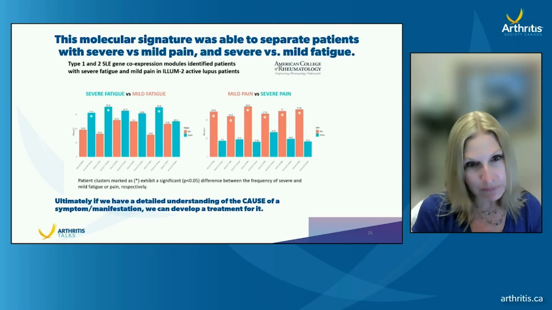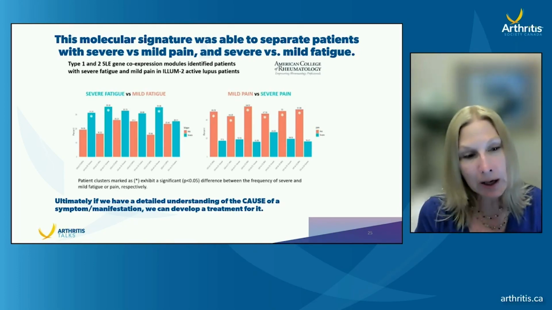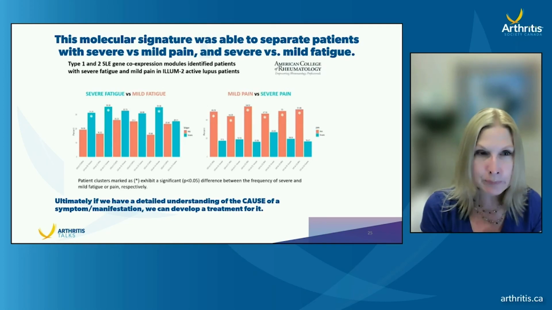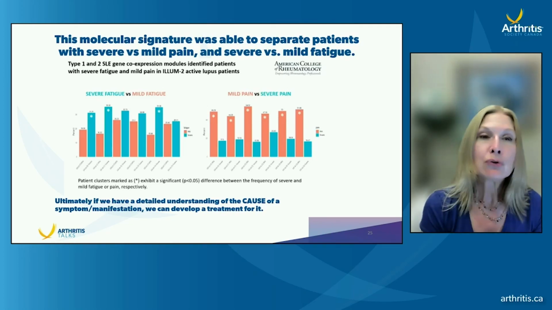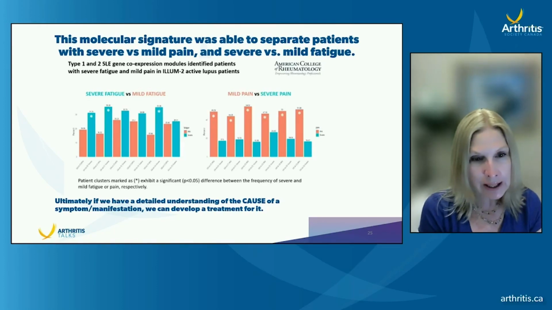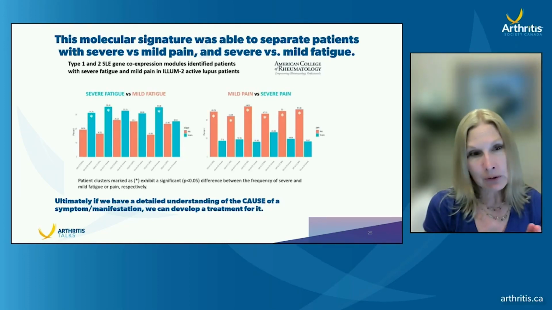This is really the same work, just shown in a slightly different way. This is the same kind of process. And what they were doing, there was a whole large cohort of patients that had active lupus. So all of these patients had active disease. They were not in remission, unfortunately. And using these within those symptoms with different types of lupus activity, though, they were able to sort out gene clusters by